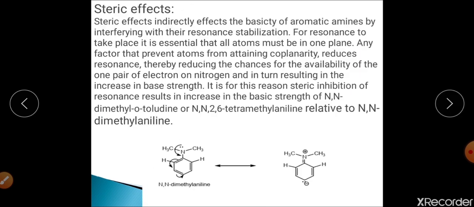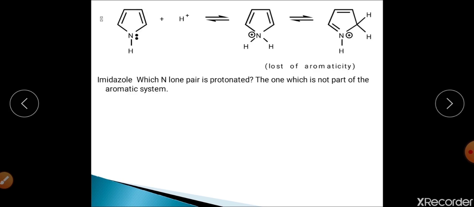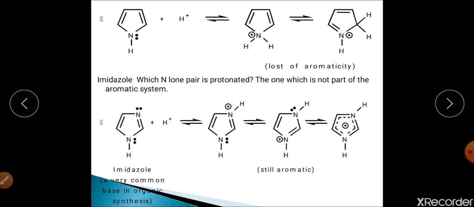When we compare that, for example, this is imidazole. In imidazole, because two nitrogens are present, which nitrogen will be protonated? So this nitrogen can also be protonated, and this can also be protonated, but this nitrogen will be protonated, and